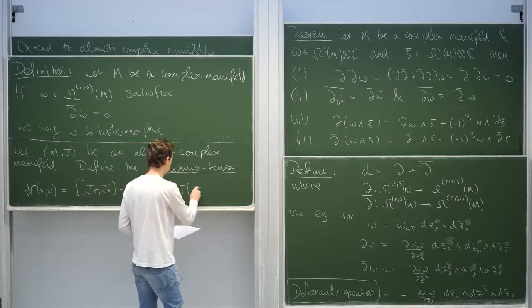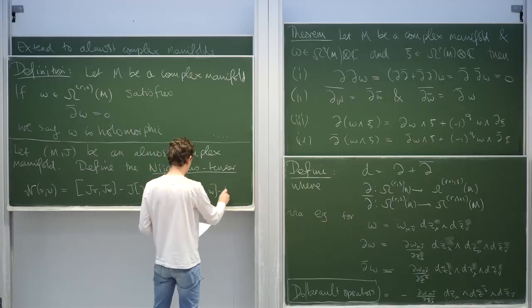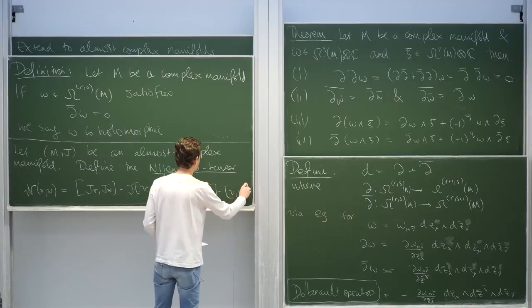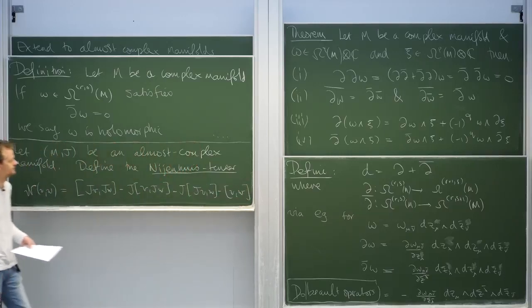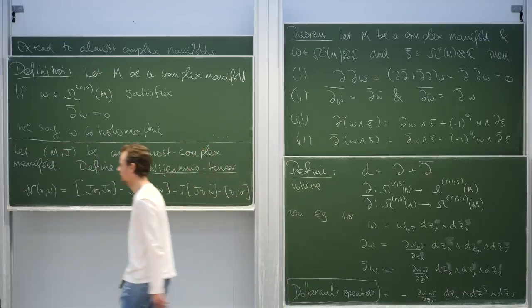This will turn out to play an important role in whether or not an almost complex manifold is complex or not. I'm not sure how you would pronounce that, but